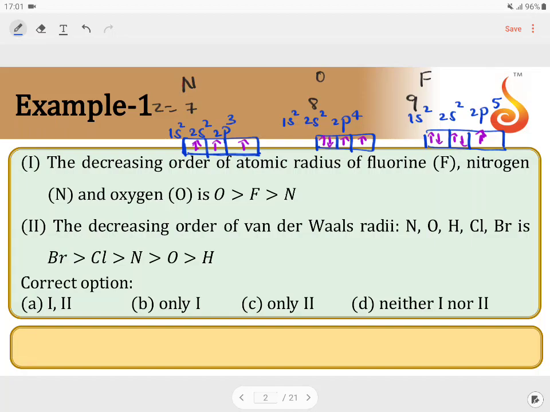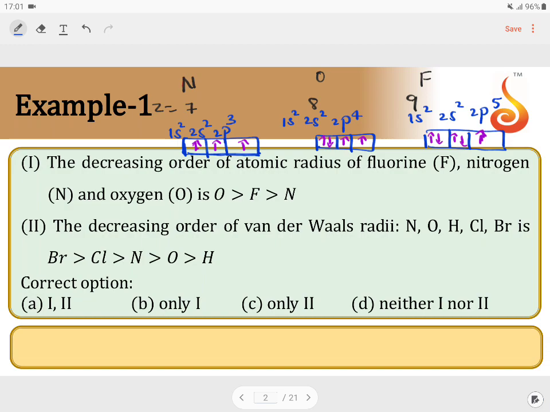Example number 1. The decreasing order of atomic radius of fluorine, nitrogen and oxygen is oxygen greater than fluorine greater than nitrogen. They've given two statements. Among them, we have to choose the right option. In order to understand about the atomic radius, one must consider the effective